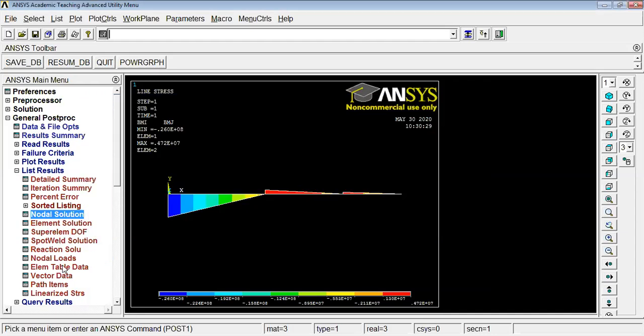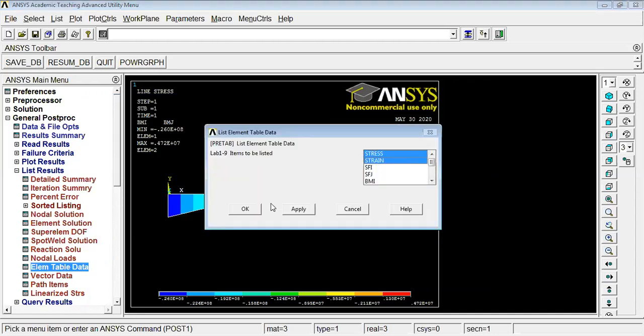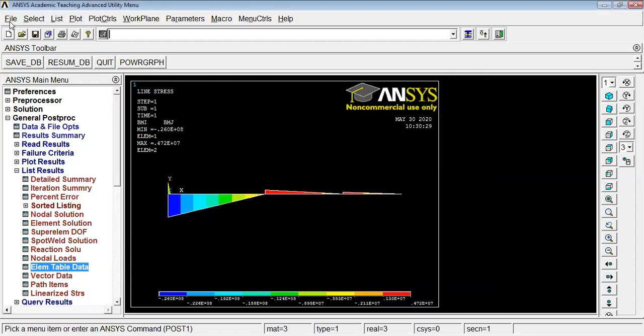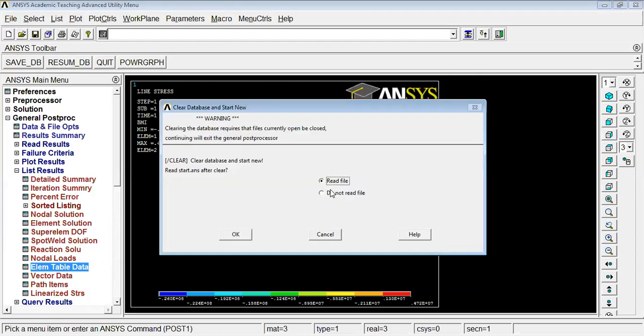So we can also check the stress and strain values for the complete beam problem. So these are the values of stresses and strains corresponding to 3 beams, beam 1, beam 2, beam 3. So for these 3 elements, we have the corresponding stress and strain values. So this is the one problem which I wanted to solve.